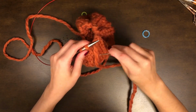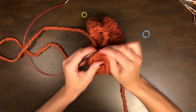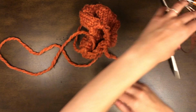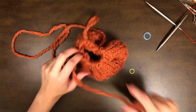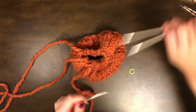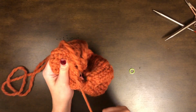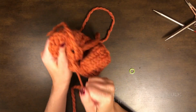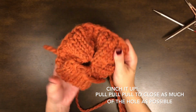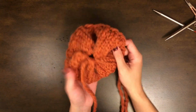I gave myself more than enough slack. All right. So now your stitches are no longer on their needles. Now they are on this yarn, and you're going to cinch it up. Just pull, pull, pull, pull, pull, like this. When you have a real hat, this will look a little bit better, but you can kind of see